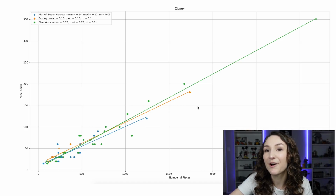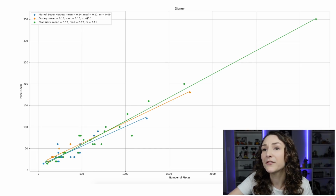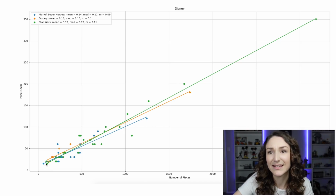I'm not going to do the math right now, but Disney overall is 16 cents per piece. And then Marvel has a big spread from 14 cents to 9 cents. That's pretty crazy. Marvel's in the blue here. I don't know what that set is there. I'm not really sure, but there's a ton of juniors and really small sets, so I'm sure that has